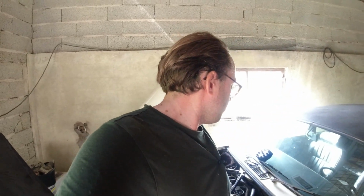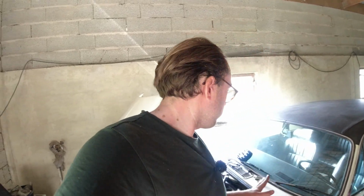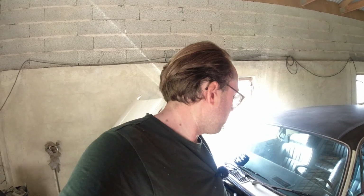I pulled this distributor out here, and you'll see the footage in just a second, and I've gone through it. There's nothing wrong with it, it's perfect. However, I just pulled it out in any random position. I just took a photo of where the rotor's pointing to put it back in. So I need to put that in now in that position, and I'll rotate the engine over to TDC, and then we can double check if anything is wrong. But let's roll the footage of all of this,